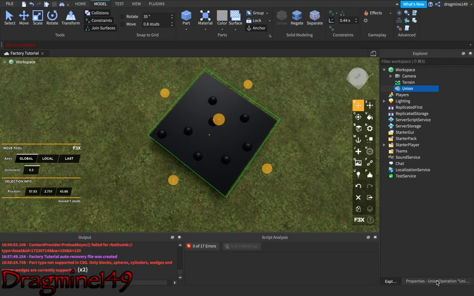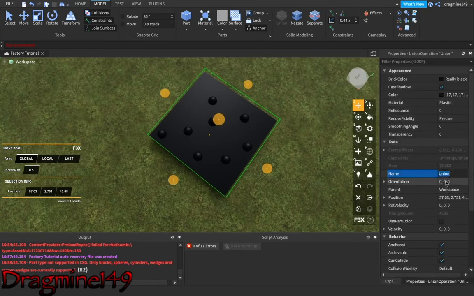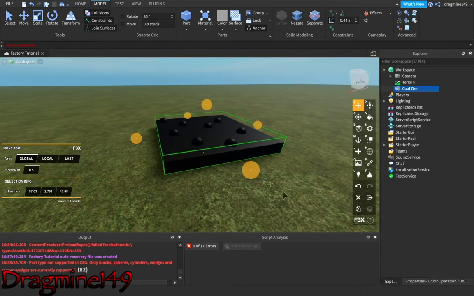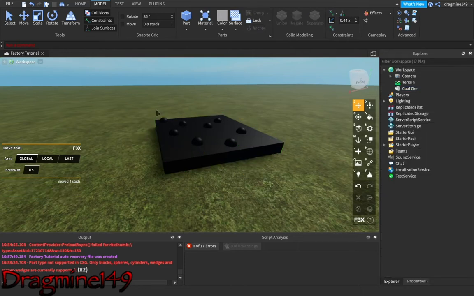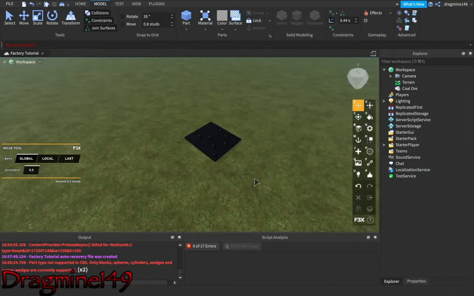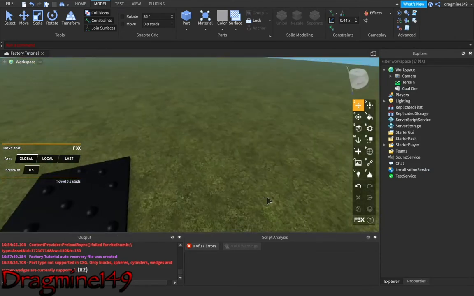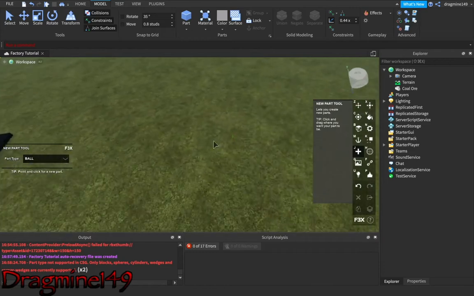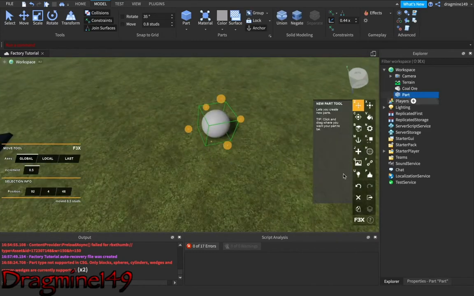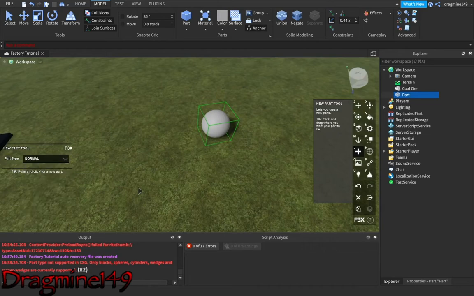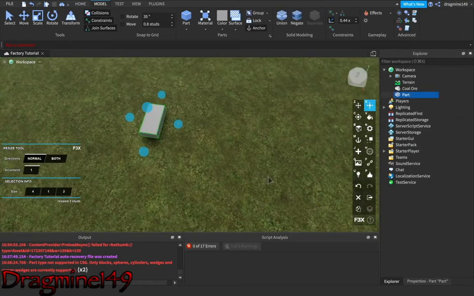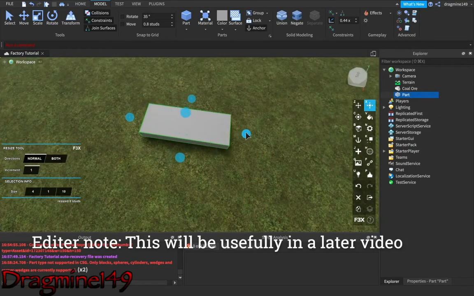So now that hopefully you have your resource, we can now start the process of making it spawn randomly. What you're going to want to do after you've got your coal ore is place the parts for where it's going to spawn. I also recommend making the parts the same size as the coal ore